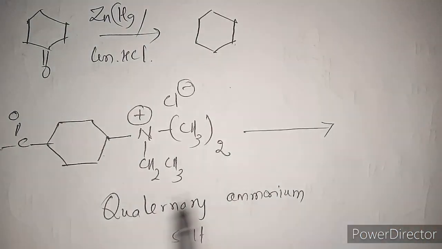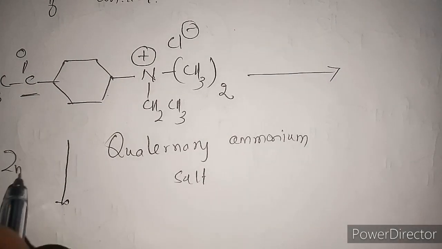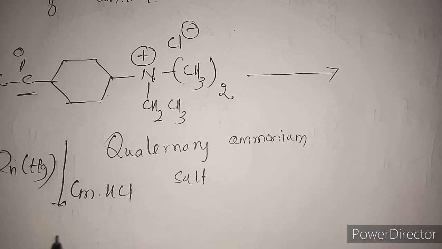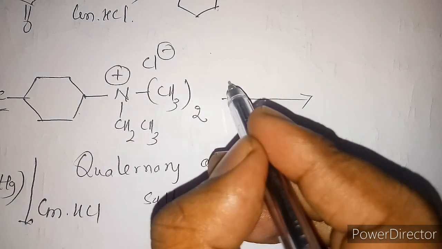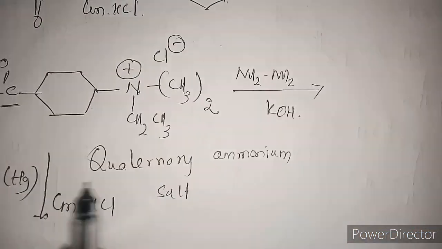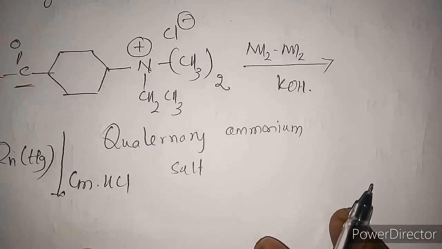And if you are carrying out the reduction reactions with respect to zinc amalgam, concentrated HCl, as well as Wolff-Kishner reduction, NH2NH2, KOH, here what will happen is that,